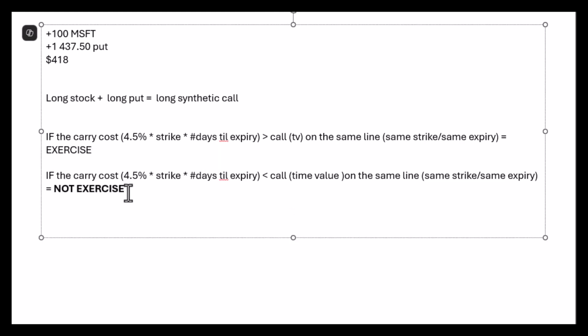Now, nothing's impossible, right? I've seen people exercise calls at the dumbest times. I've seen people do stupid things all the time. Typically, it's a very, very small portion. I could be long 100 and short 100 calls, and I might get assigned on 3 of them because somebody didn't do it correctly or whatever. They panicked in the after hours and something happened.